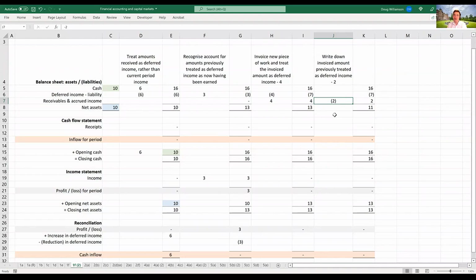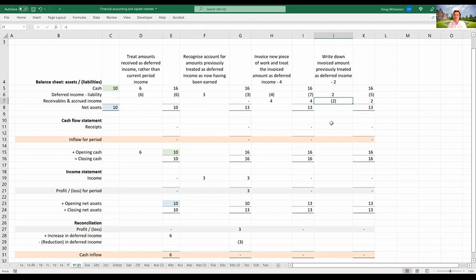So assets go down, and within this total deferred income of 7 that we had before, 4 of it relates to this particular account, this particular piece of work. We need to reduce that as well. So reducing that by the same amount of 2,